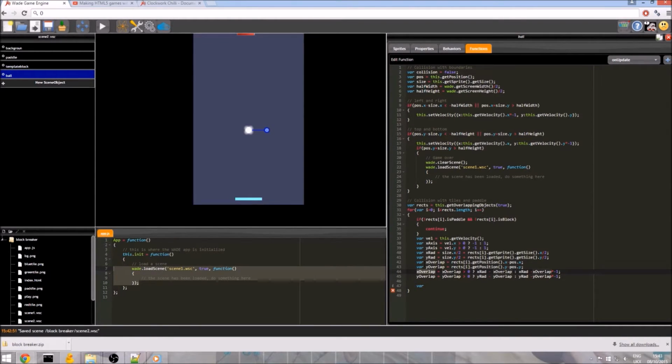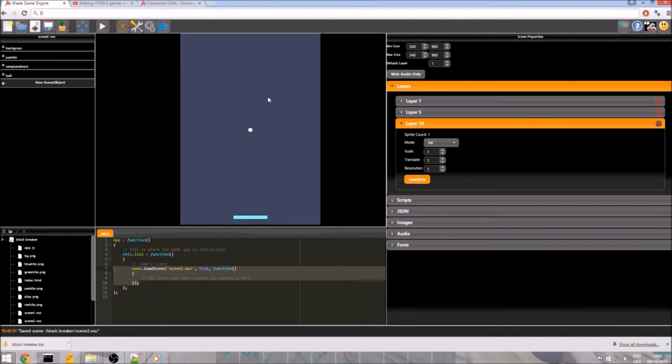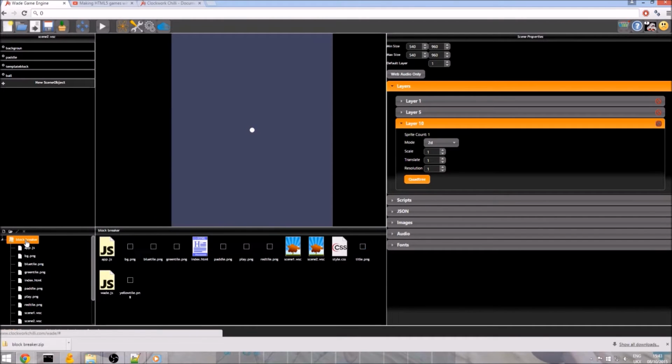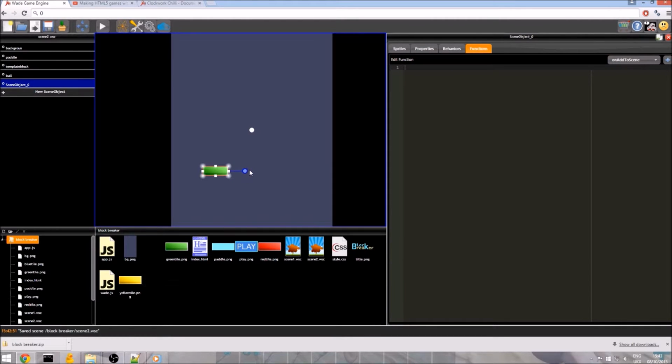So if it's overlapping by 2 pixels on the x-axis, say, in fact, I'll make it clearer, I'll show you. So I click off the ball, I'm just going to temporarily add 2 new scene objects, but I will remove them, it's just for explanation. So we have 2 blocks, the green and the blue. If they are overlapping on the x like this, we can see they're only overlapping by a few pixels, maybe 2 or 3 pixels. If they're overlapping on the top, we know this is only overlapping by 1 or 2 pixels on the y-axis.